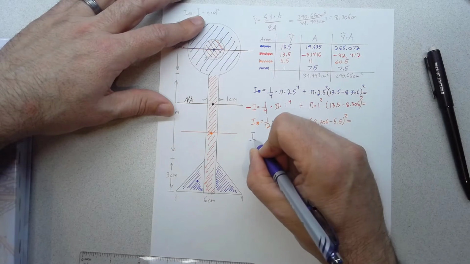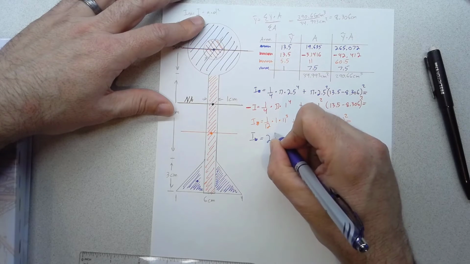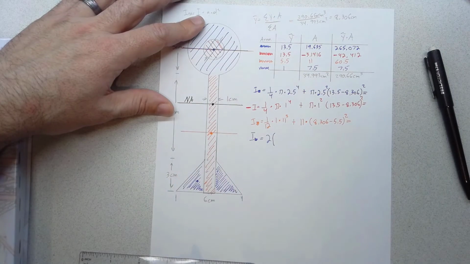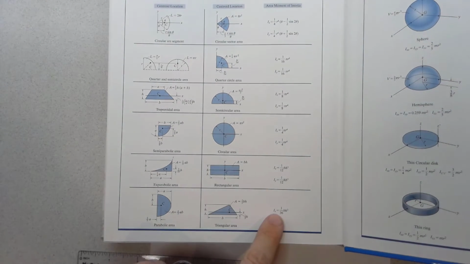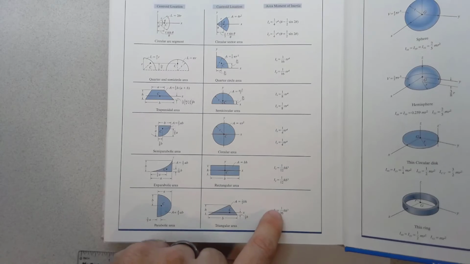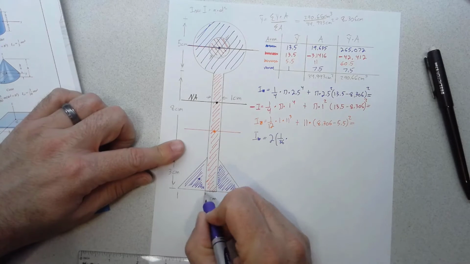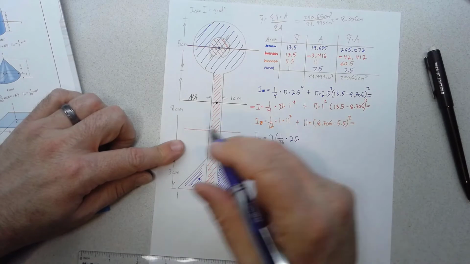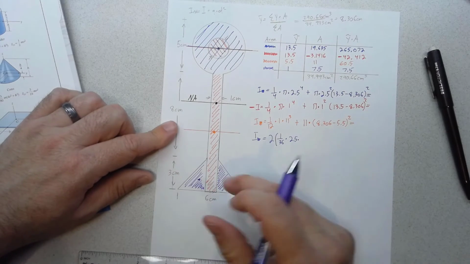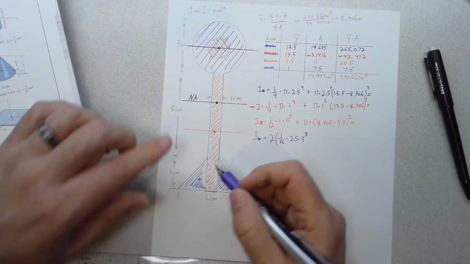I, for the triangles, is going to be equal to, I'm going to start out just by saying 2 times I, because I'm going to find I of one triangle. We haven't done a triangle yet, so we need to find that. Looking at a triangle, I is 1/36 BH cubed. So 1/36 times the base, this was 2.5, times the height cubed. So the height of this triangle is 3 centimeters, so 3 cubed. That gets me I about